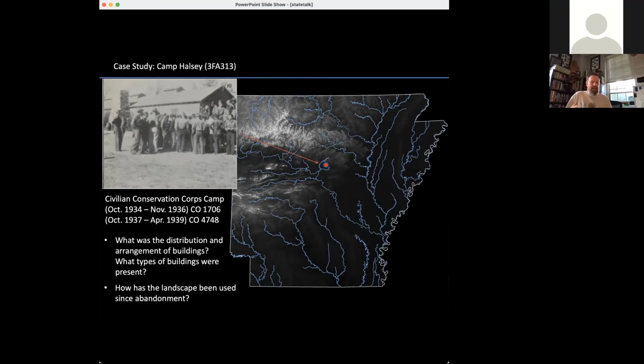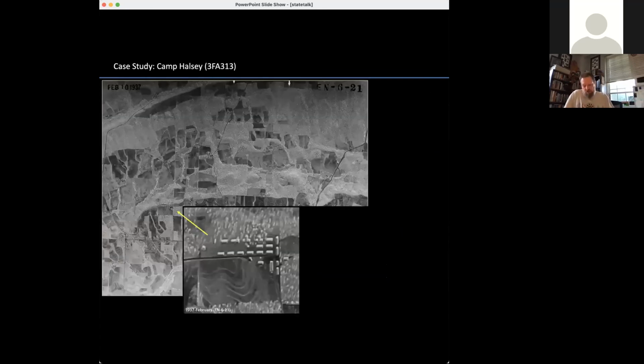So upon beginning this research, I had these two questions in mind. What was the distribution and arrangement of the buildings? Okay, how are they organized? Okay, and what types of buildings were present there? Okay, so that's kind of a twofold question, a two-scalar question. How are they organized and what types of buildings? And the second was, how has the landscape been used since it was abandoned in 1939? Okay. So one way to evaluate the distribution and arrangement of the buildings is through the use of historical imagery,